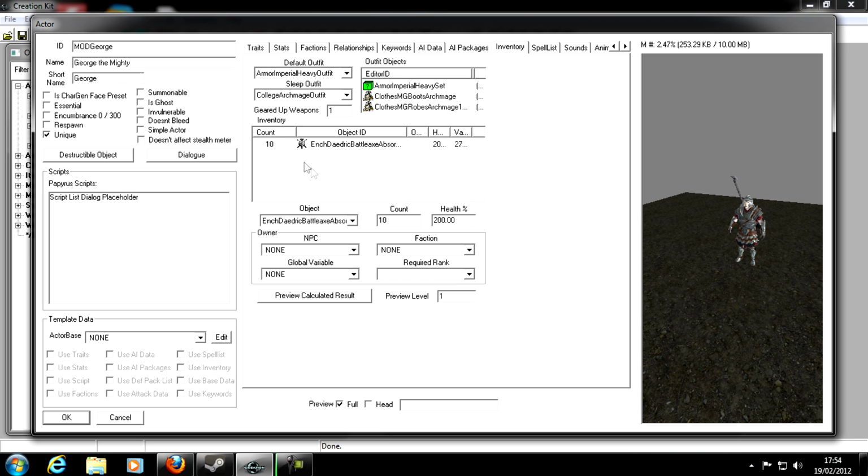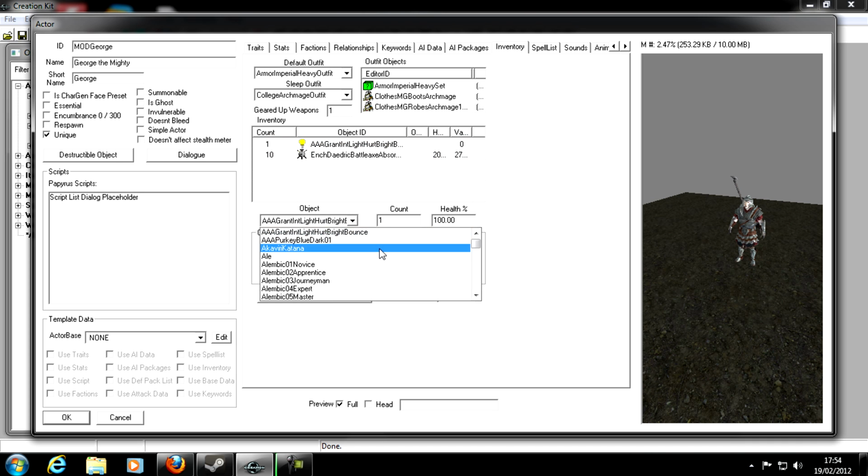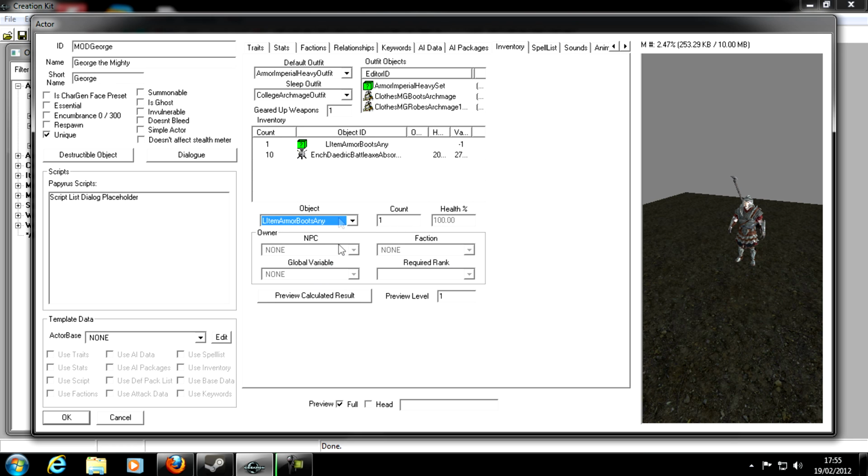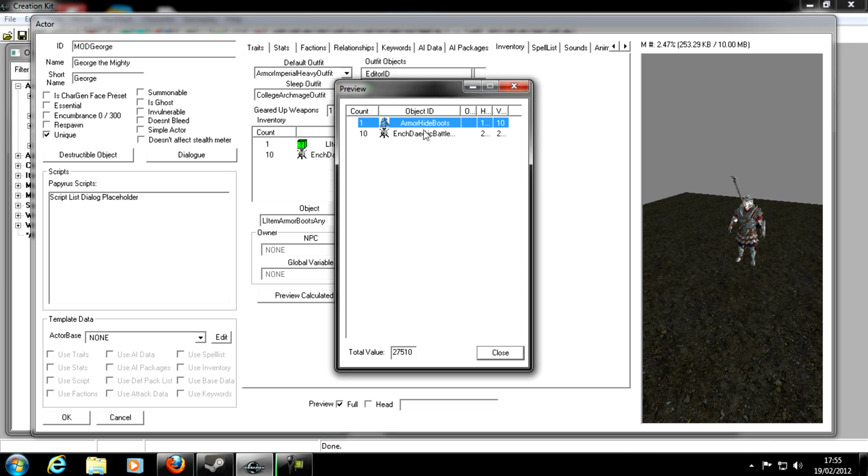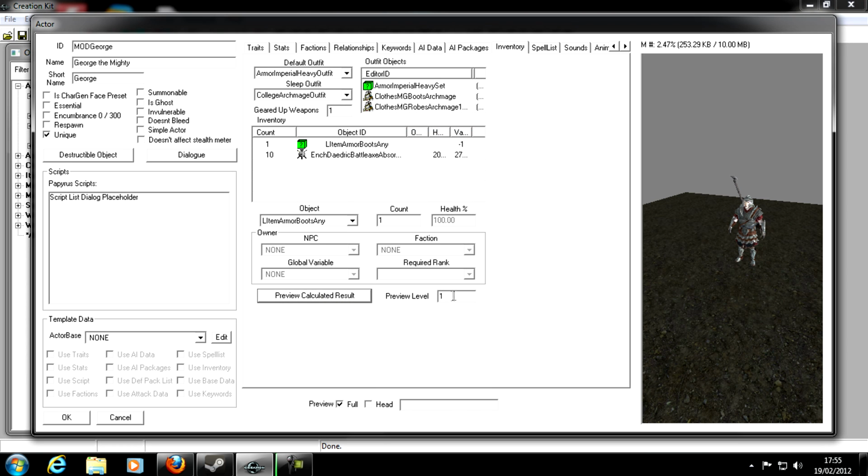So if I go into inventory again, right click, new, and then in the little object drop down, I search for L, and then scroll down. You need to find where it says L item. This stands for leveled item. So we find something like, here we go, armor boots, any. If I click this, it'll be a leveled item of any armor boots. So when I click preview the result as a level 1 character, he'll have hide boots. But if I'm a level 100 character and do that,